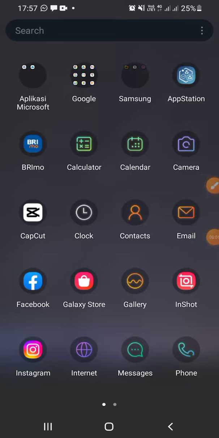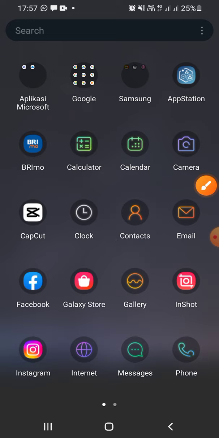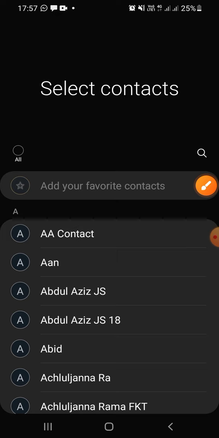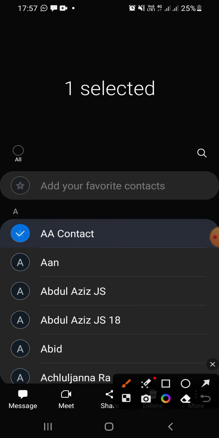In this video, I'm gonna show you how to transfer contacts to a new phone. If you have a new phone and you want to transfer all your contacts from your old phone to your new phone, you just have to click on the contacts app and choose all your contacts by clicking on the contact like this. You have to tap and hold the contacts and click on the all button